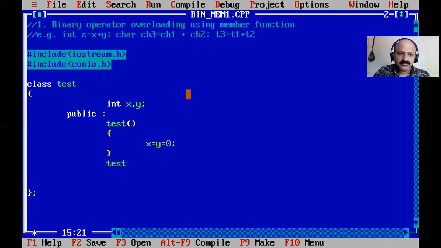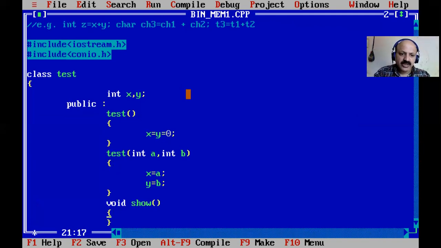And then the two-parameterized constructor, an integer a and an integer b, so that we can give those values to our x and y variables. So x equal to a, and then y equal to b. Now we can take a show or display type of function also. Here we can just print our x and y members. Here the x and y values are,